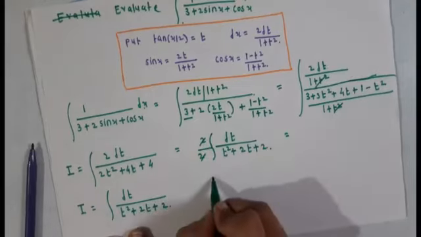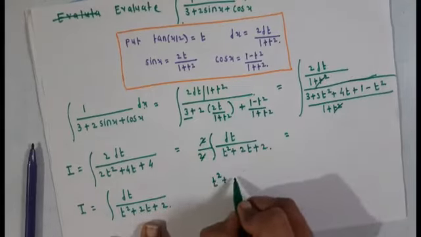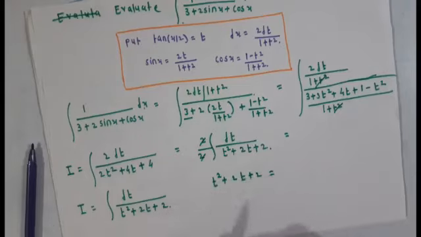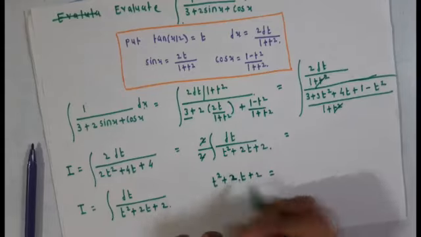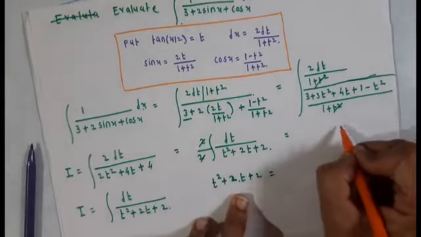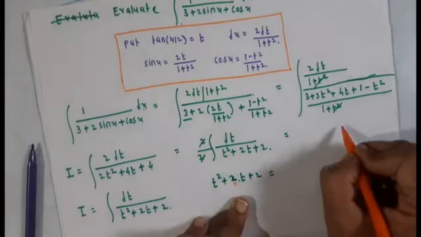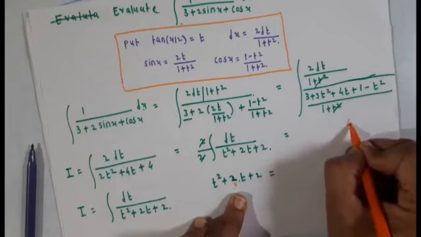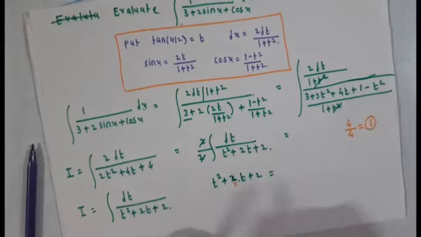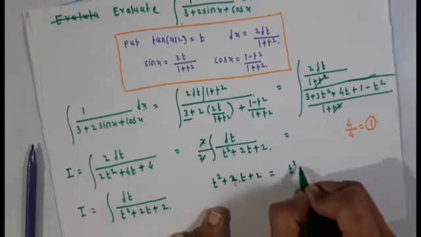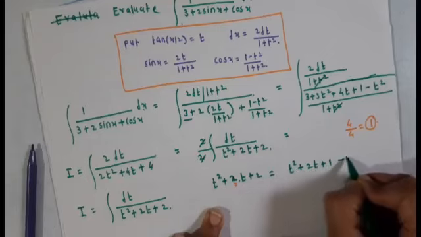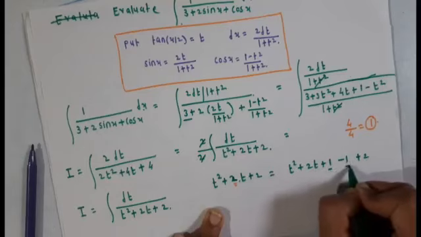Now students, let us consider this expression t square plus 2t plus 2. Adjust it for completing the square, adjust the term. For completing the square, the adjustment is, that is b by a, its square is 4 upon 4, and that's why we have to adjust the term 1. Okay, and therefore this is t square plus 2t plus 1 minus 1 and plus 2. This is our adjusted term.